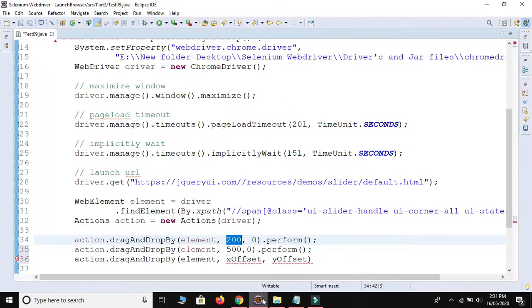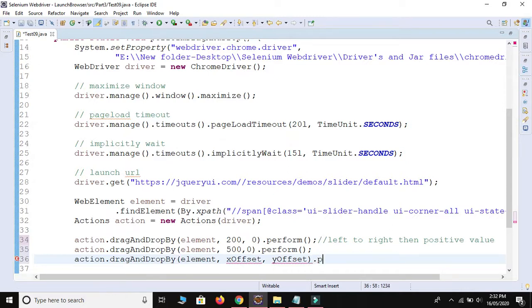Okay, because if we are going from left to right, I will write left to right, then positive value. Okay, but let me use dot perform also.